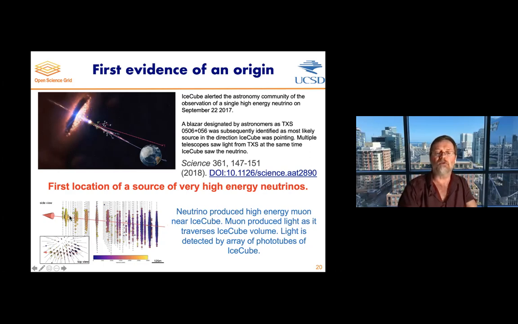You see a small amount of light cone, and then you can see that the Cherenkov light cone increases, and you see a much larger number of phototubes hit at the end. And so you then follow backwards and say, this way is where the muon came from, therefore the neutrino must also have come from this way. And now let's tell the telescopes to look there. Am I making any sense?